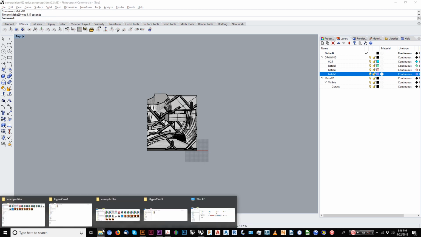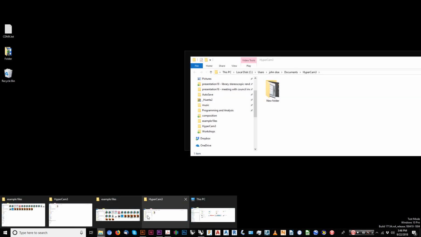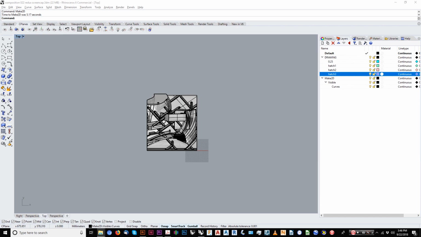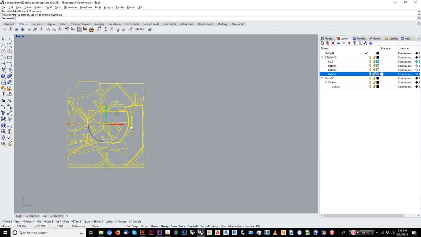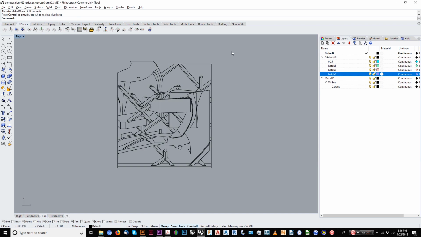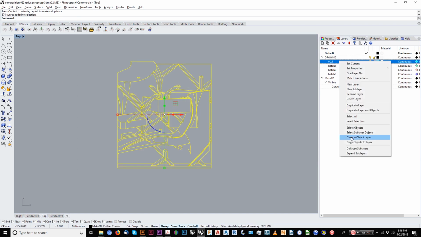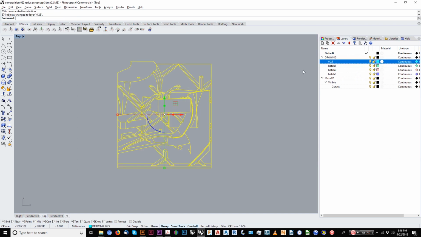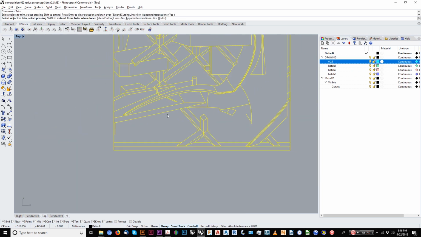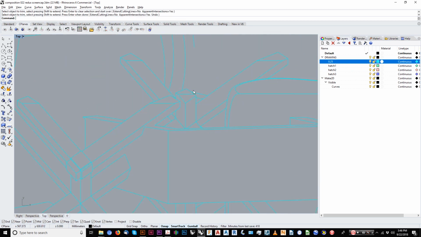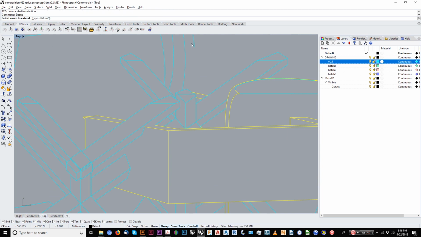So we will be using these as just the baseline work. I have some layers set up, so I just move it to the layer that I want, and then we can start trimming and cleaning up this drawing a little bit. So we'll take this and we'll extend it, just to kind of fill some of these holes. Some of these lines we don't